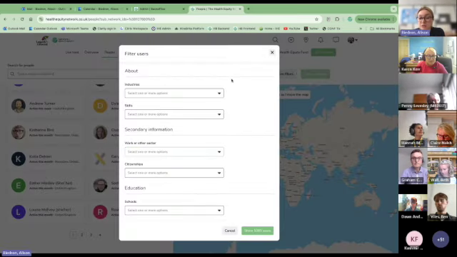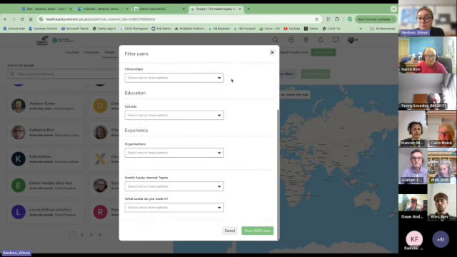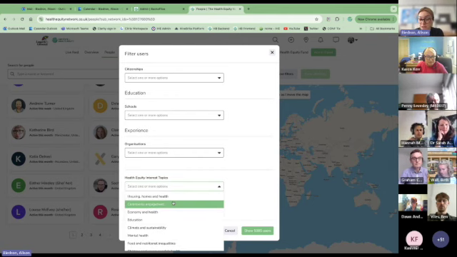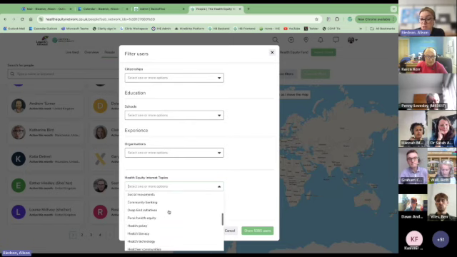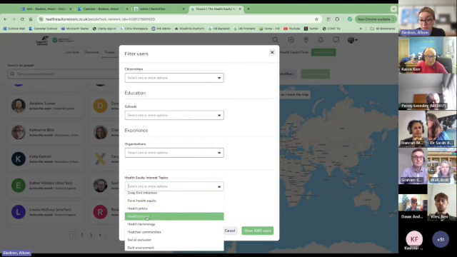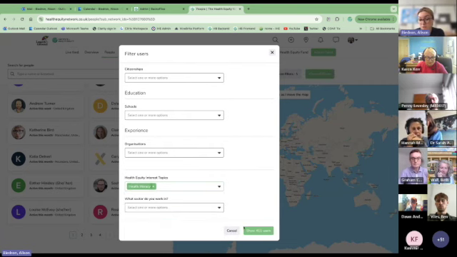You can also filter by health equity interest topic. This is something that you would have filled out on your very initial application to the Health Equity Network. We've got this drop-down list of various themes or topics that we thought people might be interested in. For example, if I put health literacy, I can filter to 411 people who have also indicated that health literacy is something that they're interested in. So when you filter that,